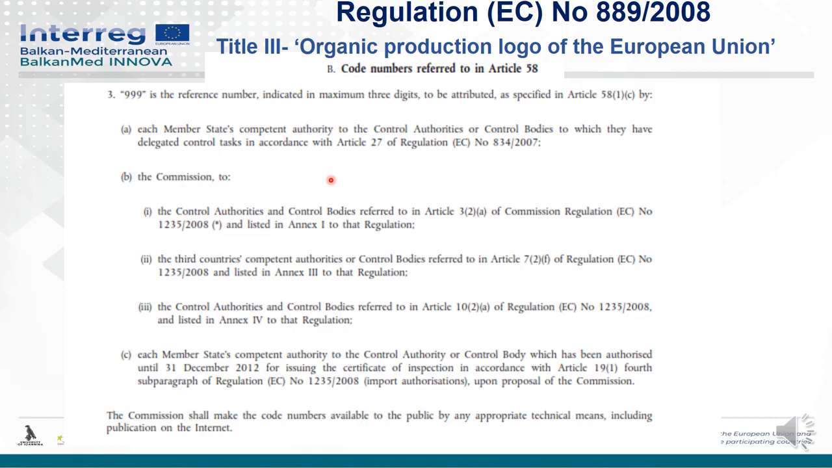So it is not so important to memorize it. But when it is regulation, it has to be very precise. And B, the Commission to the control authorities and control bodies which are listed in Annex 1 to that regulation. The third countries' competent authorities or control bodies, again referred to in articles, for example Article 7, paragraph 2 of regulation